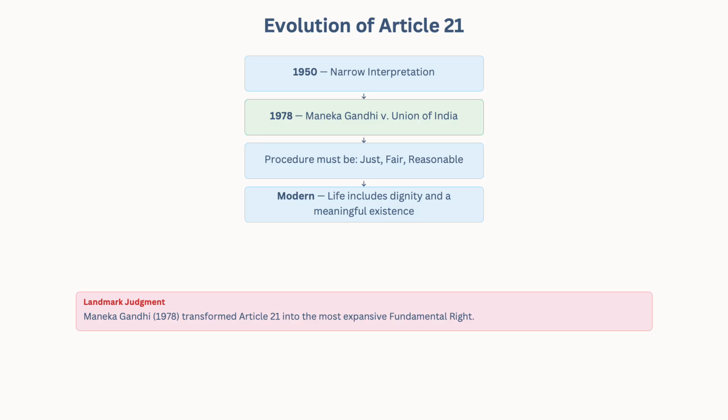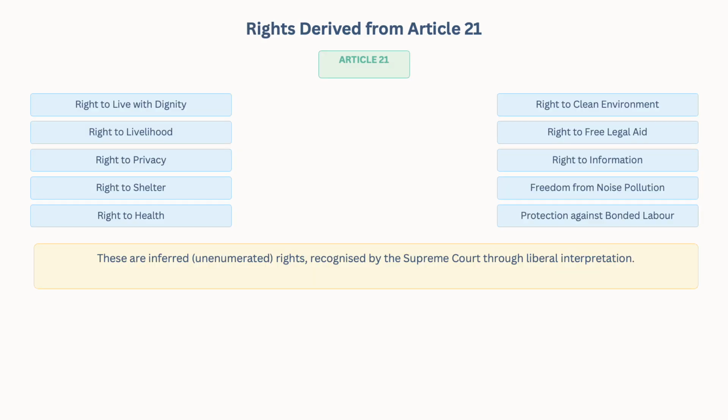Now, these are the rights. See, different rights, right? In Article 21, it's just mentioned the right to protection of life and personal liberty. But even the right to travel abroad is a part of personal liberty. Right to live with dignity, right to livelihood, right to privacy. Your right to privacy comes under Article 21. Almost every year they'll just give a random right to so and so. It comes under which article? Usually it's Article 21.